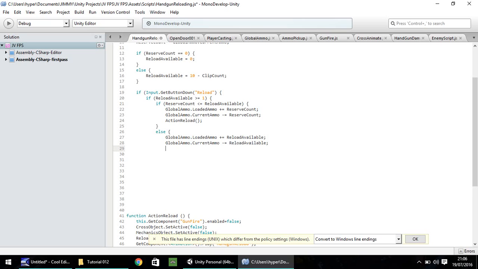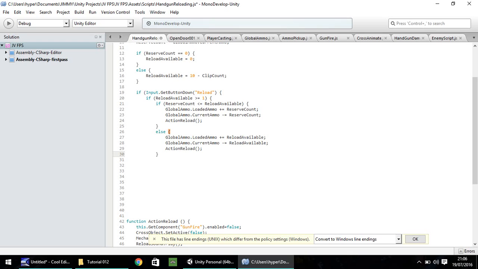And then we need to also do the action reload again, because as it's running here, this one will never run. So we need to make sure it does run all the time after we've changed our ammo numbers. So action reload open close bracket semicolon,